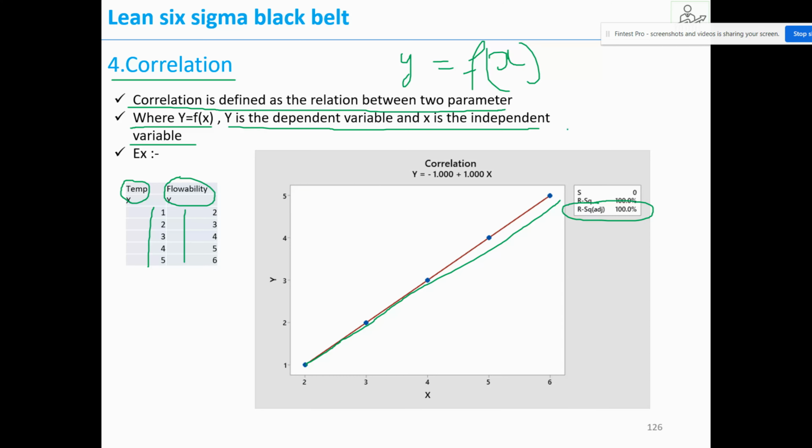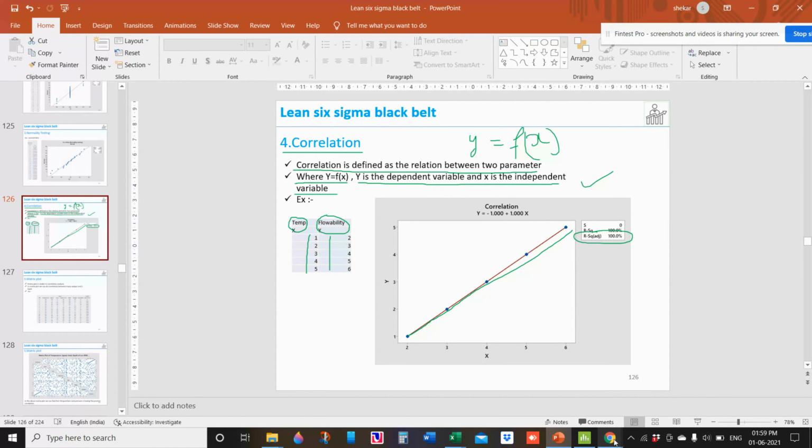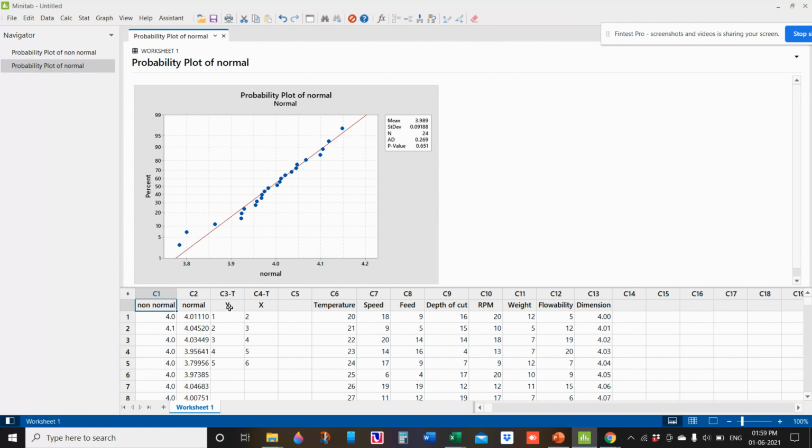Now let us see how to do this correlation in Minitab. So here I have plotted the data, y data and x data.